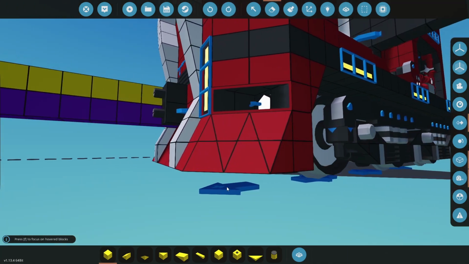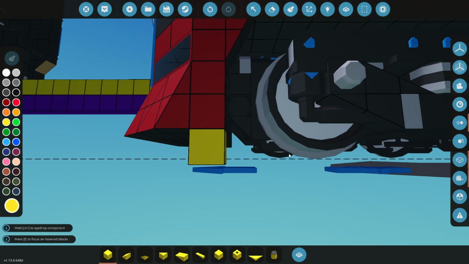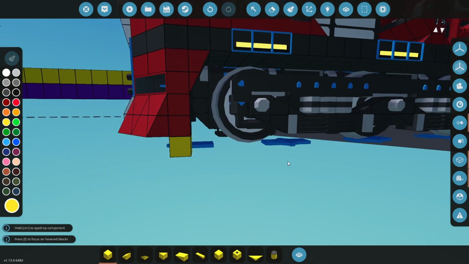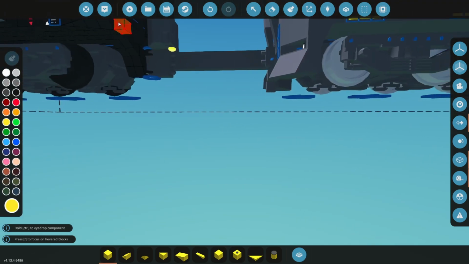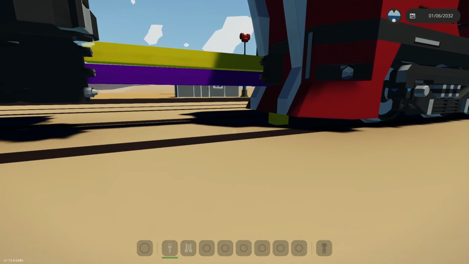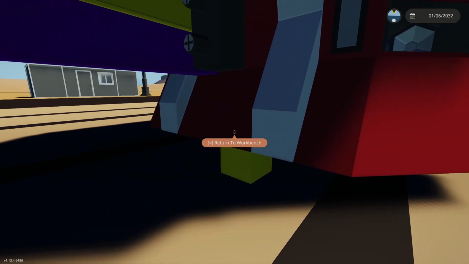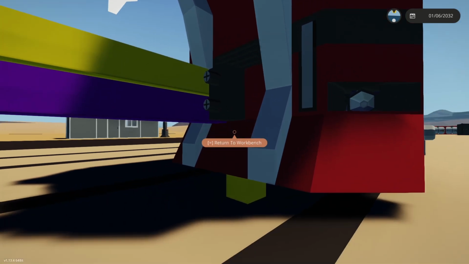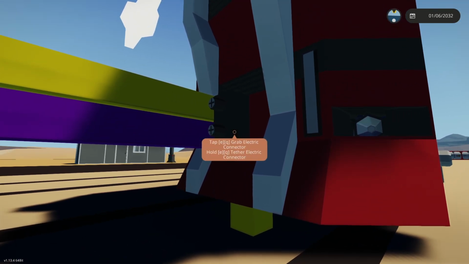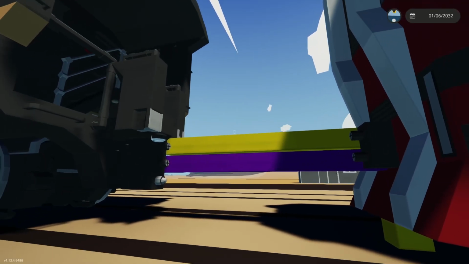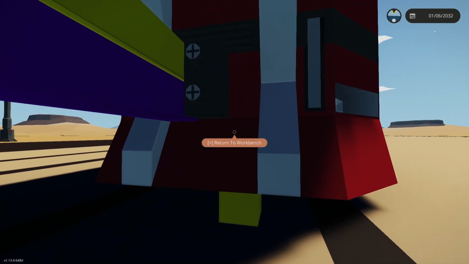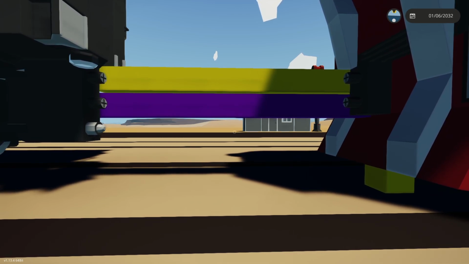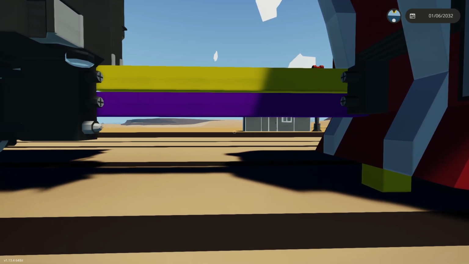And the height of that, if we look at where the wheels are, I've got one more block before I'm in the ground. So it's 1, 2, 3, and then it's the fourth one up from the ground. So yeah, if I put a block here and spawn this in, you can see we're on the tracks. This yellow block is the ground. We've got 1, 2 for this 1x2 wedge, then a block, and that is your connector. So it's the fourth one up for your main TCP connector, one block above that for your electricity, and so it's 3 blocks up for fluid, 4 blocks up for main TCP data, and 5 blocks up for your electricity,